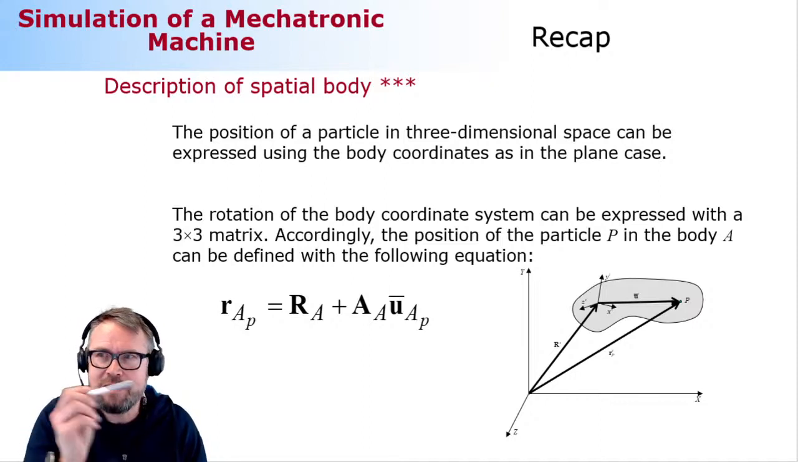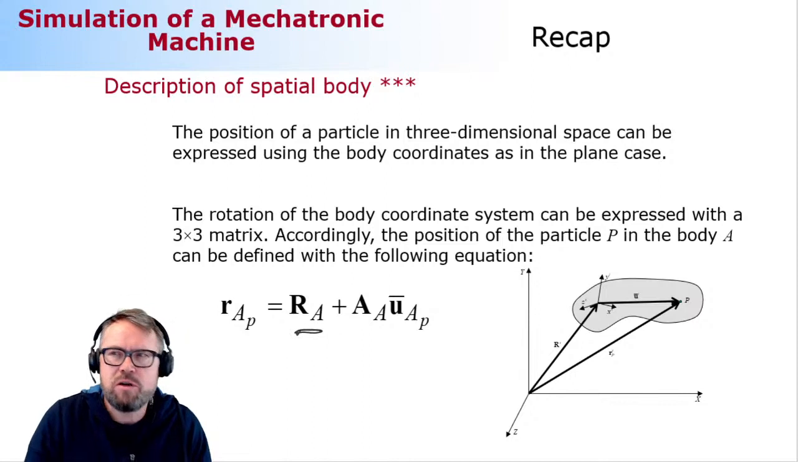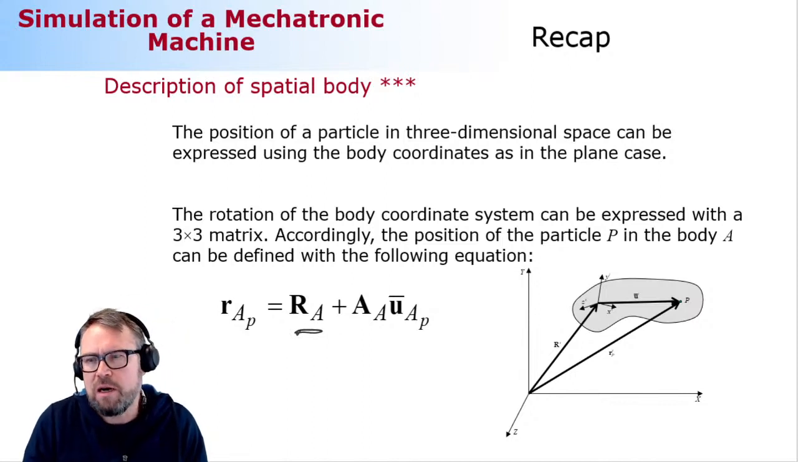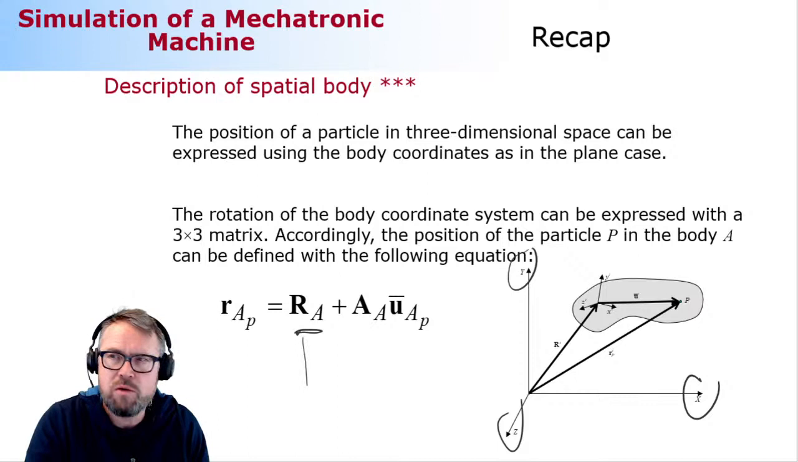But back to this extension from 2D to 3D. So in 3D, the dimensions, of course, are larger. We are describing everything in a three-dimensional space where there are three coordinate axes. And for that reason, the vector R is no longer a vector that consists of two components, but three components. This rotation matrix is a little bit